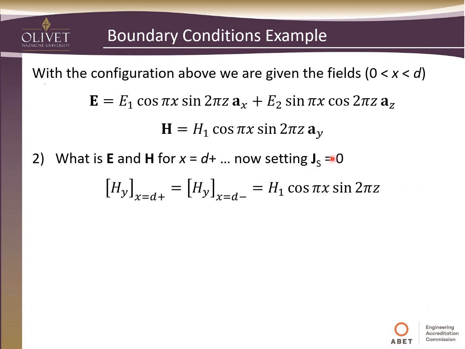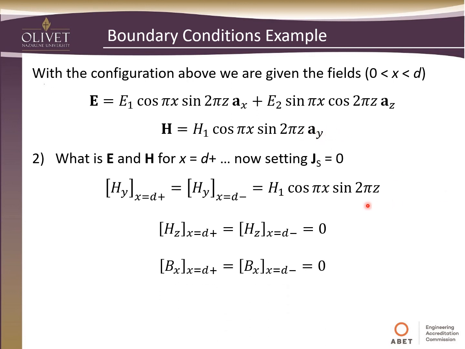So now, since they're two dielectrics, if we let our current equal to 0, we can see then that our tangential components in our magnetic field have got to be equal, and then our normal components have to be 0, or this other potential tangential component is 0 because there is no z component for our magnetic field. So this gives us our tangential component here, the only one, that gets the only contribution.